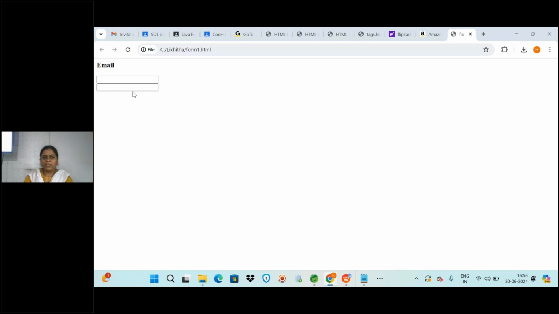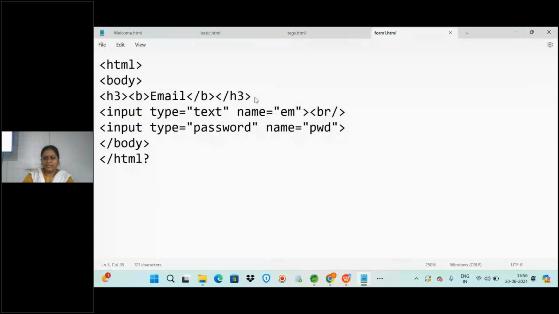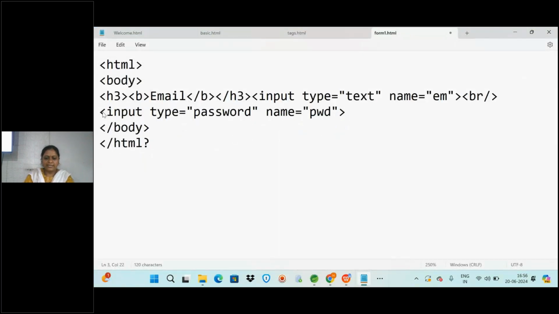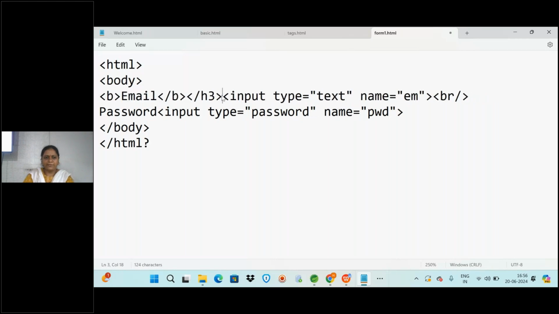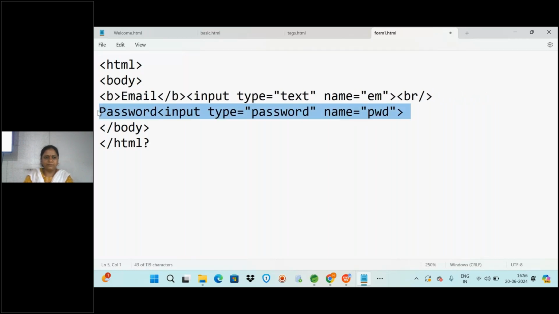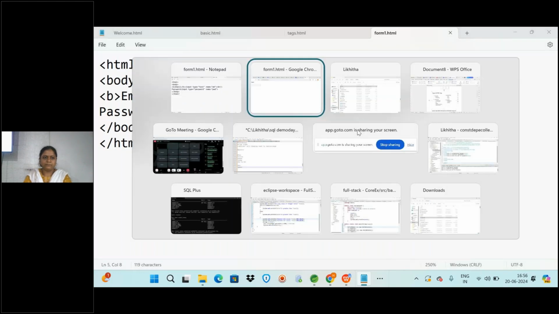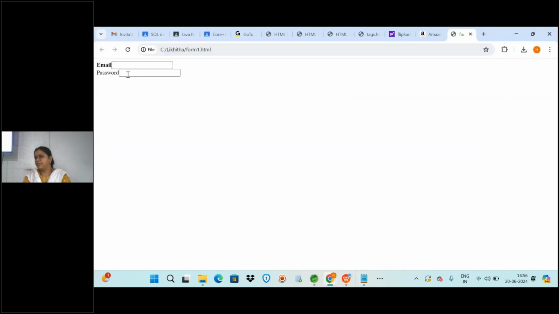But it is not looking very good here. So let us do one thing. Before the password box, let us write password, and we'll remove H3. Let's just make this bold type, password, and resave this and run. Email and password, you're getting. Okay, so in email I will enter something like at gmail or whatever, you can write .com, and password I am entering.